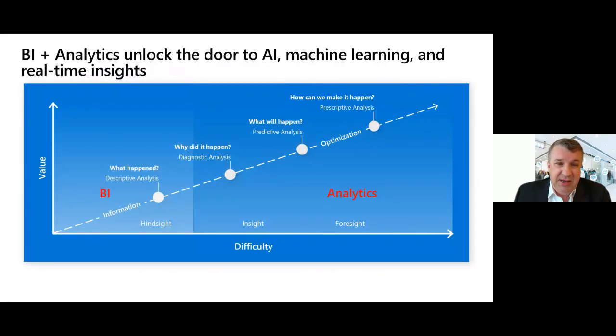And more specifically, if you look at the division between traditional BI reporting, as shown on the left-hand side of this chart, and analytics, which is forecasting, shown on the right-hand side, there's always been this dichotomy between the reports and the data and the results you generate from a BI system versus having to run separate systems for analytics. And so what we're doing here in Azure Synapse is bridging these two left and right hand sides of this chart together, so you can easily scale the data that you have from being able to bring the data together and initially produce some relatively simple BI reports, all the way up to, if you so choose, prescriptive analytics, being able to do predictions as to what may be happening from a customer, from a supply chain, from a fulfillment, inventory, whatever the case may be, and do so